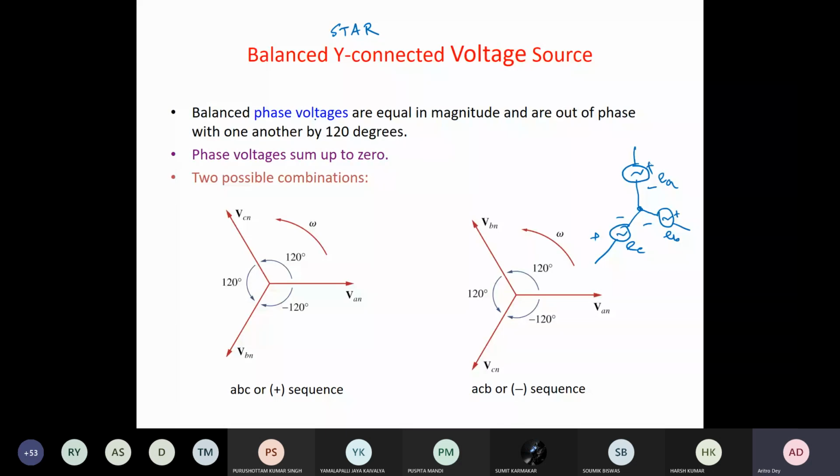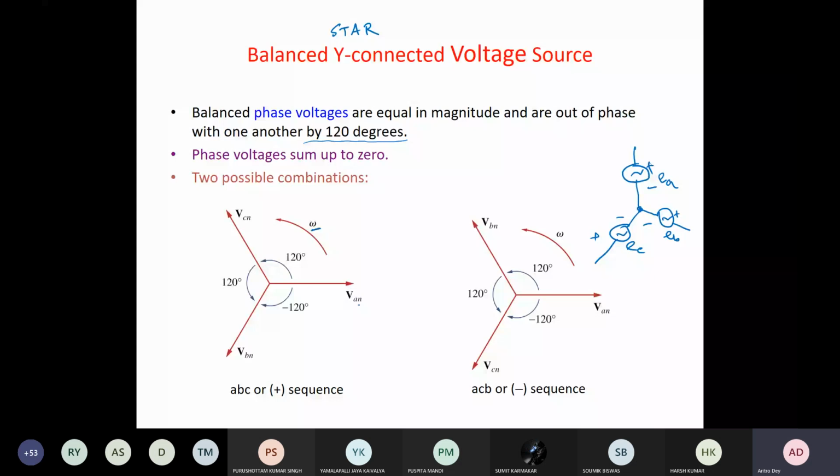So balanced phase voltages are equal in magnitude and they are out of phase with one another by 120 degree, and the phase voltages sum up to be zero. So if you take the resultant of these three, it will be zero. That means at this point you get the zero potential. So you have two possible combinations. One is if your electromagnet or the rotor is rotating counterclockwise with an angular frequency omega, then